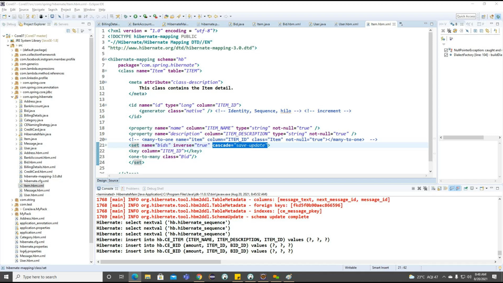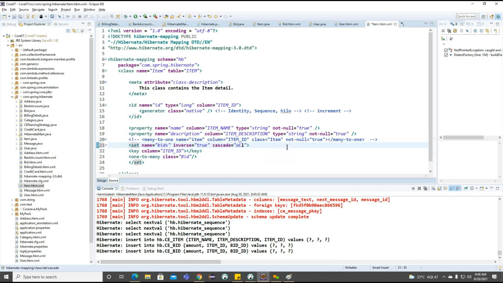Okay. So if we don't have anything here, now we will try to understand the different types of cascades here. We can go for save or update whenever we want to perform save or update operations. Otherwise, we can go for all here.